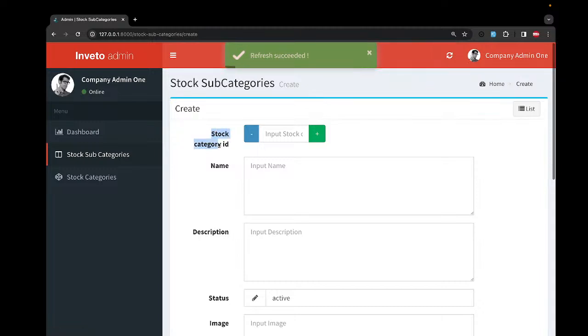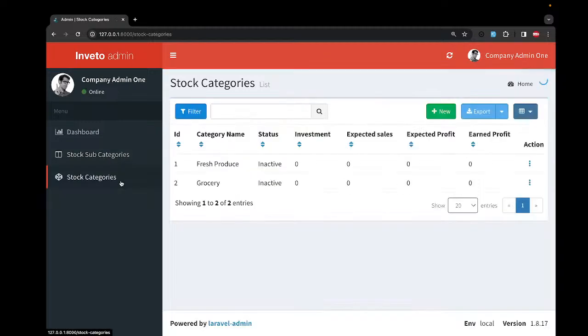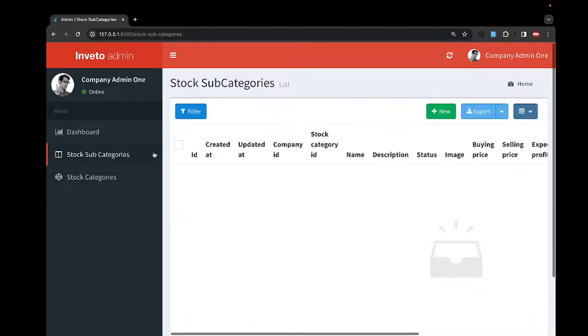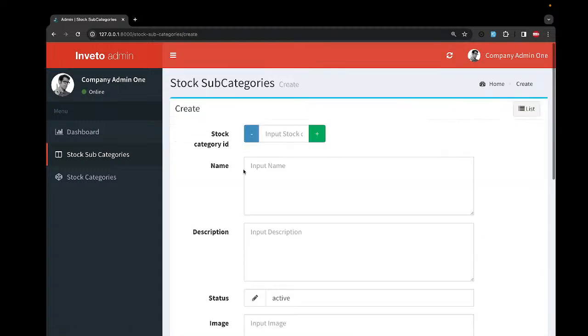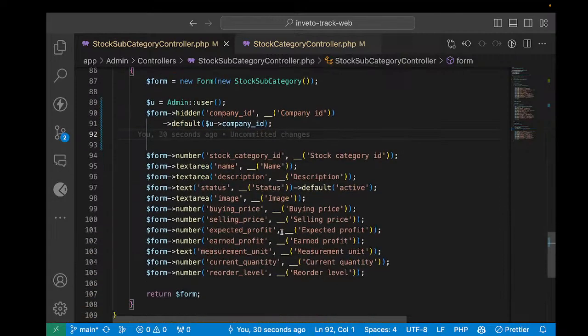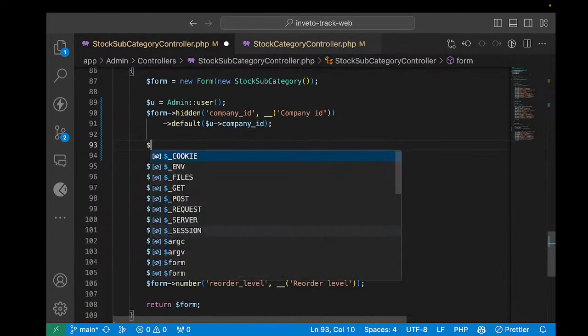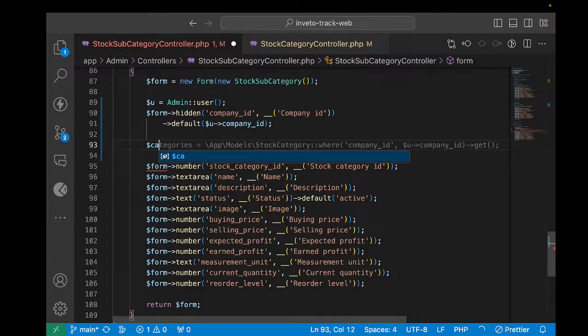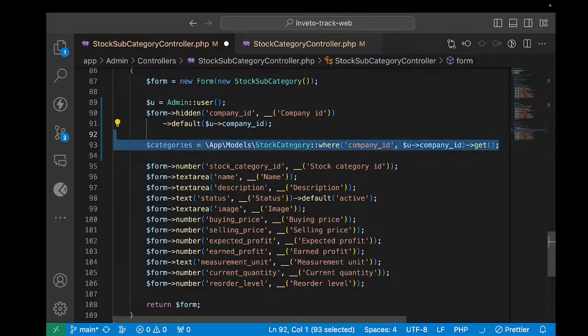Another thing that we're going to do is get the stock category. This is going to be a drop down of a parent category, because this subcategory must belong to a stock category. So it means that this stock category ID is going to be a reference to a parent category. So we're going to make it a drop down. Let's go ahead and do that. So we're going to get categories. So I can say categories equals to, I go ahead and say